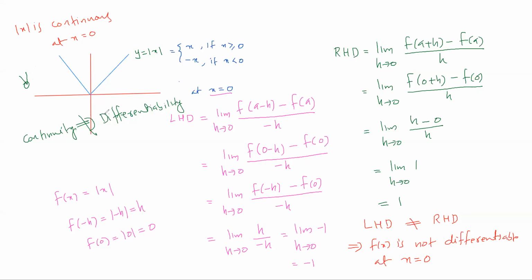There are infinite numbers of tangents at that point. That is why it does not exist. So differentiability implies continuity, but continuity generally does not imply differentiability. That means every differentiable function is continuous, but every continuous